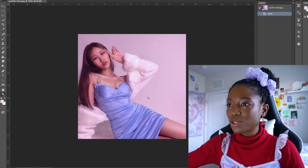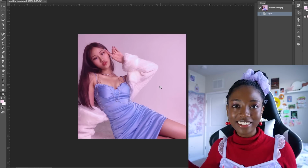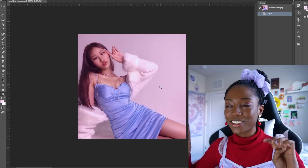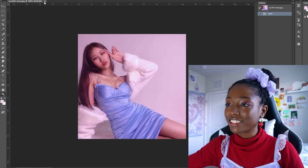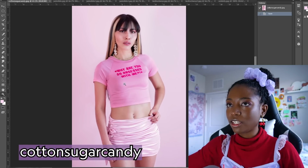Also, if we don't use the pink outfit at the beginning of the Stella section, this dress could definitely be the fairy dress or her going out dress. I definitely think it could be something. It's gorgeous. So graphic tees like this, Why Are You So Obsessed With Me? This is from